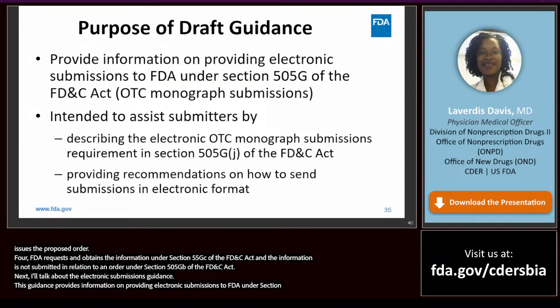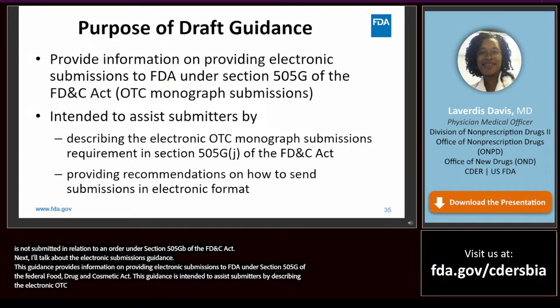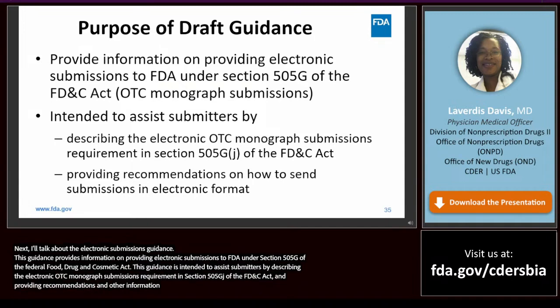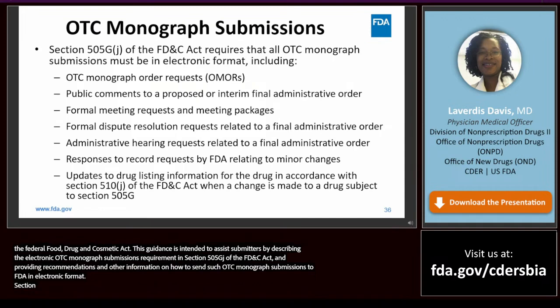This guidance is intended to assist submitters by describing the electronic OTC Monograph submissions requirement in Section 505G(j) of the FD&C Act and providing recommendations and other information on how to send such OTC monograph submissions to FDA in electronic format. Section 505G(j) of the FD&C Act requires that all OTC monograph submissions must be in electronic format.